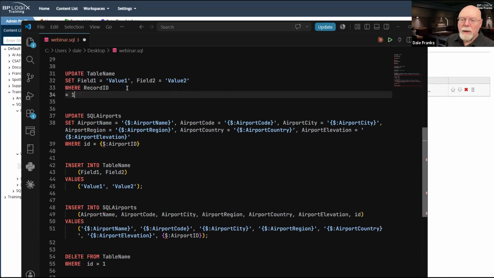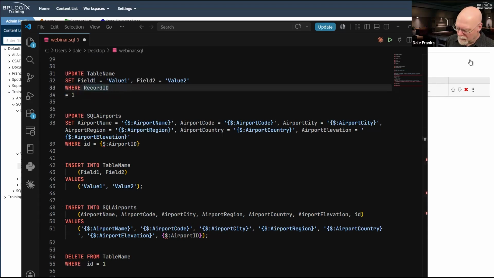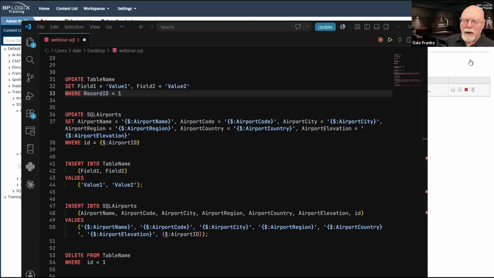Which brings me to another important consideration. Whenever we're running these SQL commands, sometimes you'll try to run a command and what you'll get is an error message back, or you'll look in the logs and you'll get a SQL error that you see in the logs.